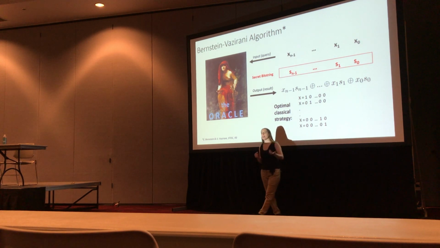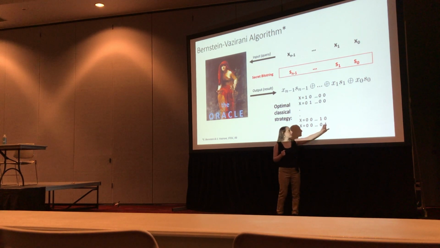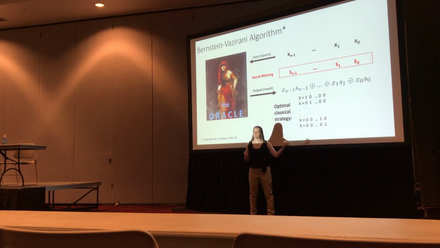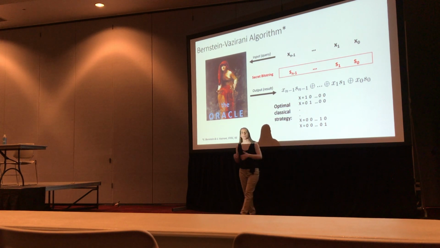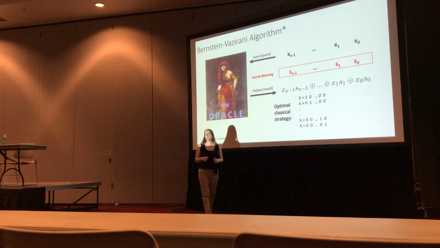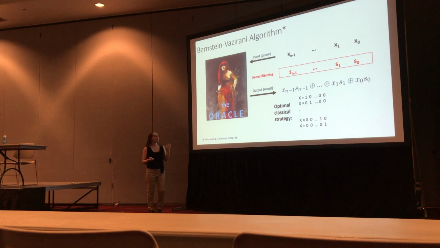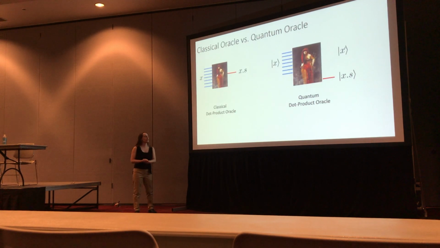And then the product of 1 times whatever that bit is going to be the same as the bit was. And then when I XOR that, I'll also get that bit out. So each time I query it, I'm going to figure out 1 bit. And so I have to query it n times to get out the result. Okay. All right, so if I were to try to construct a similar oracle in quantum,